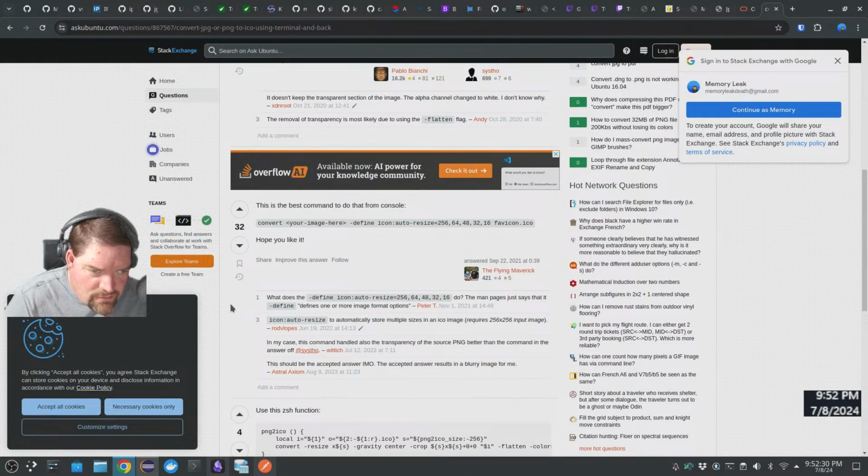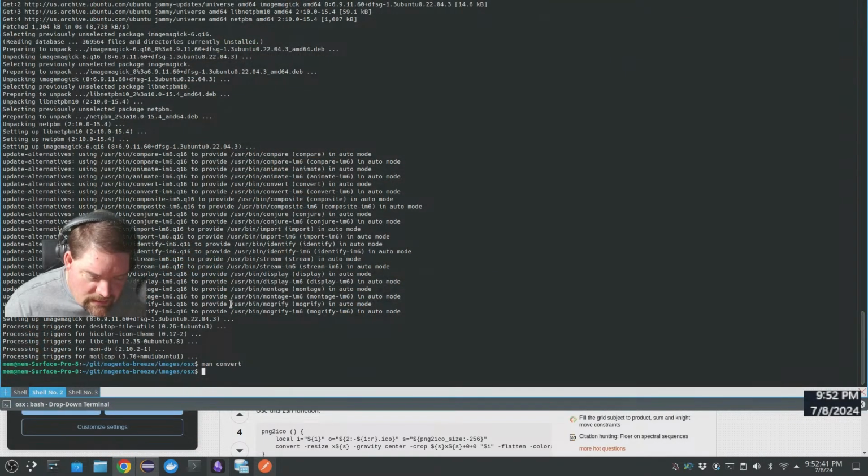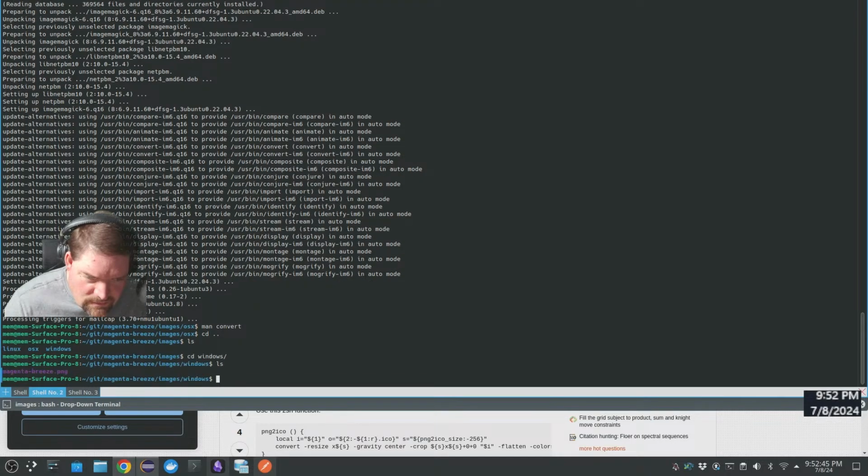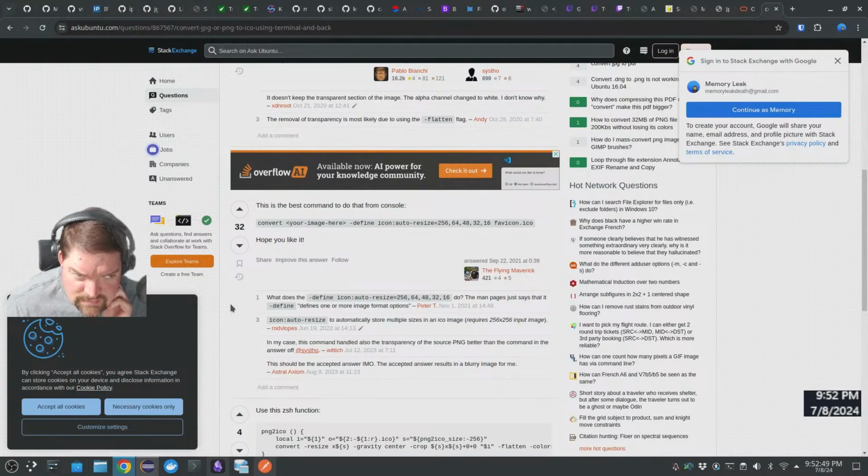Define icon auto resize: 256, 64, 48, 32, 16. What did I make the Windows one? I think I made it 256, if I'm not mistaken. Yeah, I did, because the Linux one is 128. So